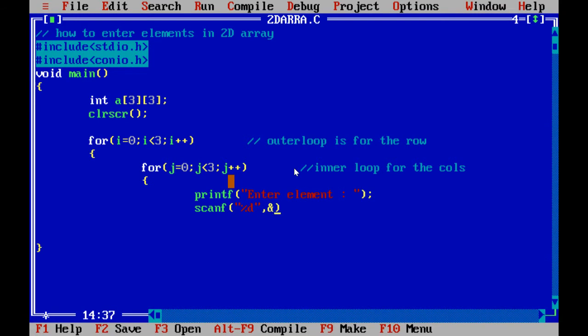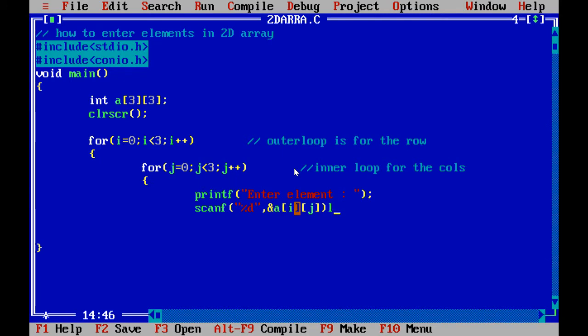So %d, and where you want to store this data. So first keep in mind that it will take the first row and all the 3 columns of the first row. My i remains constant and my j will be changed, right?